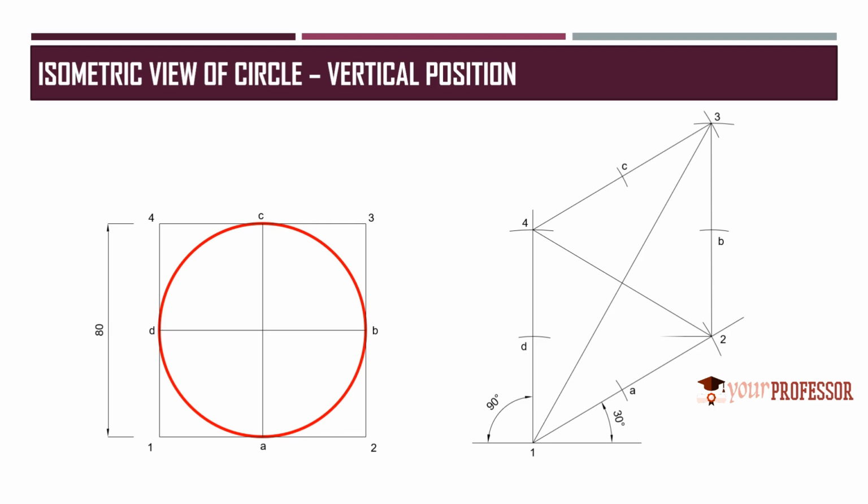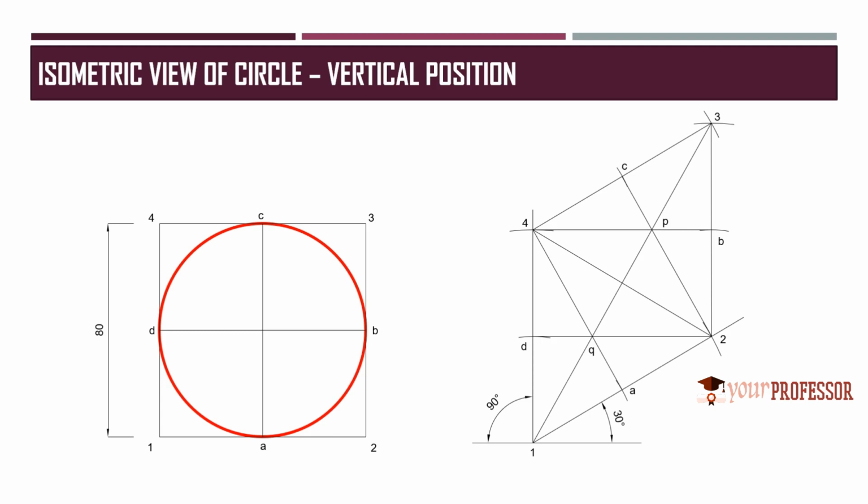Let's do that. From 2, draw a line joining D, and from 2, draw a line to join C. Join 4 and A, 4 and B. If you observe, these lines meet at one particular point. So that should happen, or otherwise we have done something wrong, right? We can name those points as P and Q.